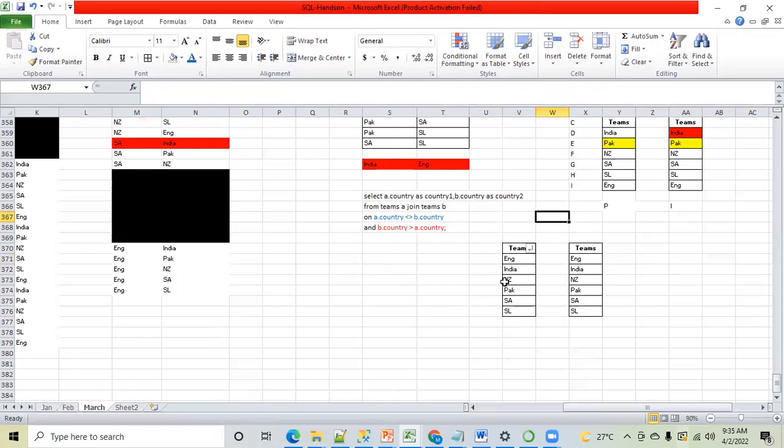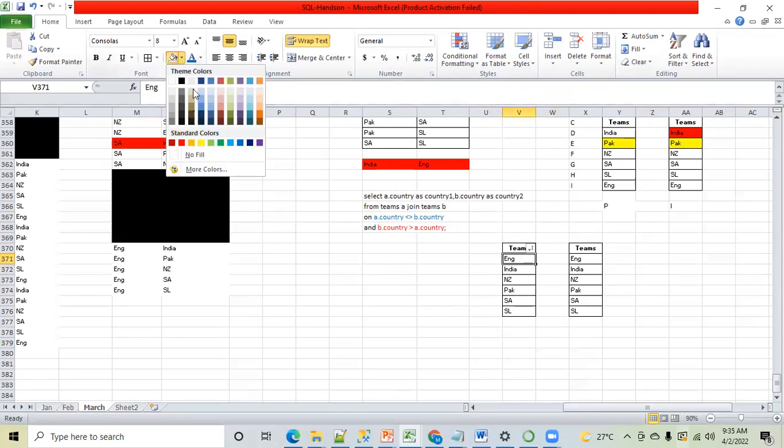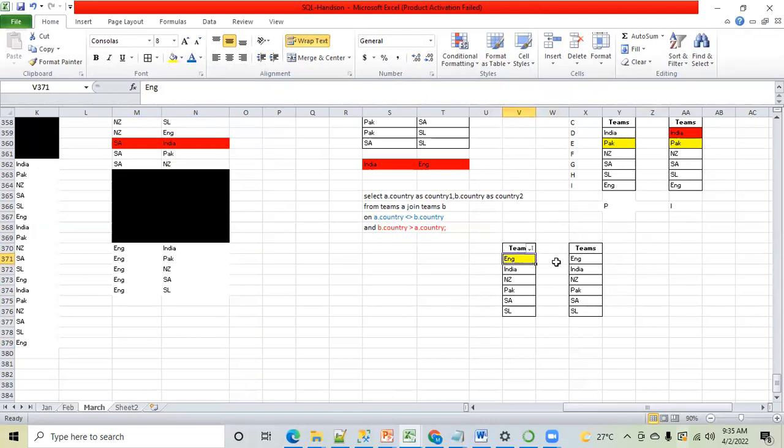Now, consider this again from fresh. Joins, how do they start? It will take the first record of the first table. Here the first record is England, correct? Now, it will scan all the records of the second table. England with England, will this be fetched? No. Why? Because the first condition is failed. You told that you want both the countries to be different, because the same country on both sides doesn't make any sense. So this record will not be fetched.